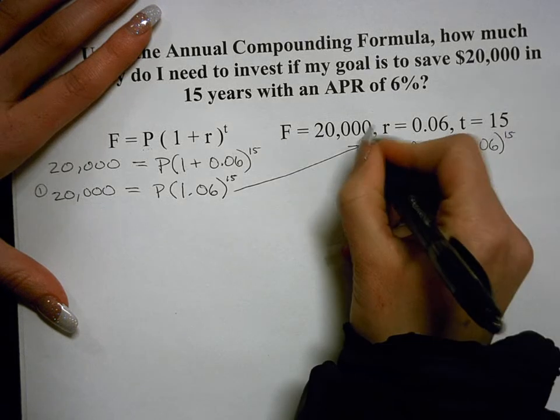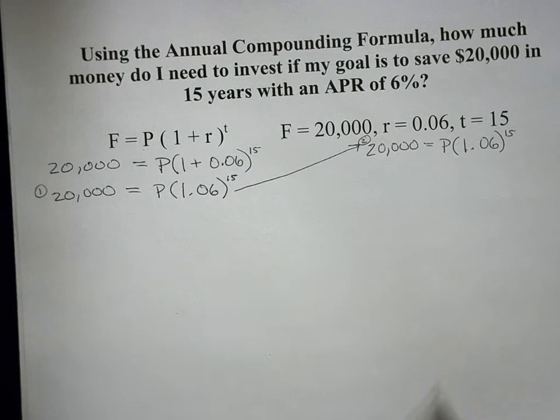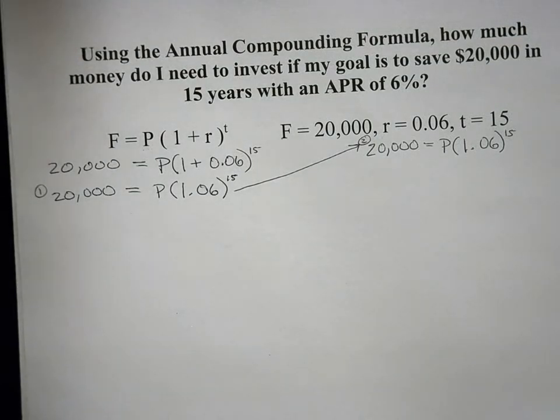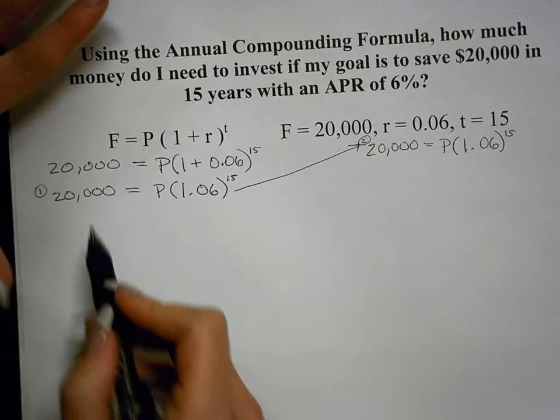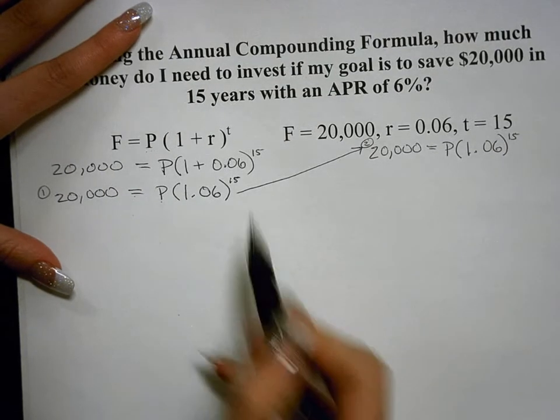And this, we'll talk about the second way. But at this point it's kind of like a Y in the road. You can go two different ways. So we're going to talk about the first way. Just continuing to follow the order of operations, we have 20,000 equals P multiplied by 1.06 raised to the 15th